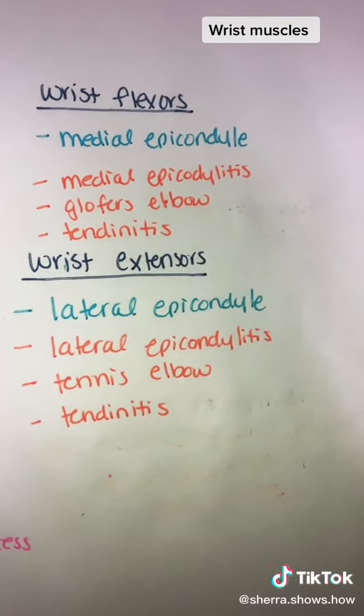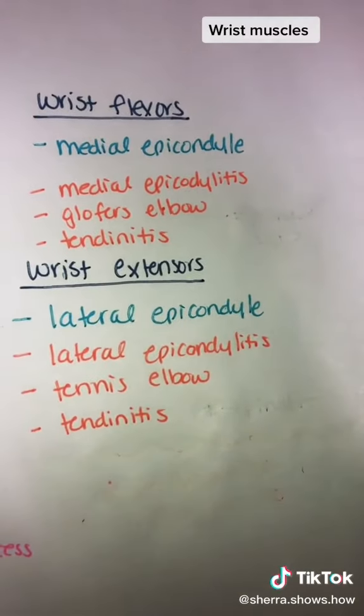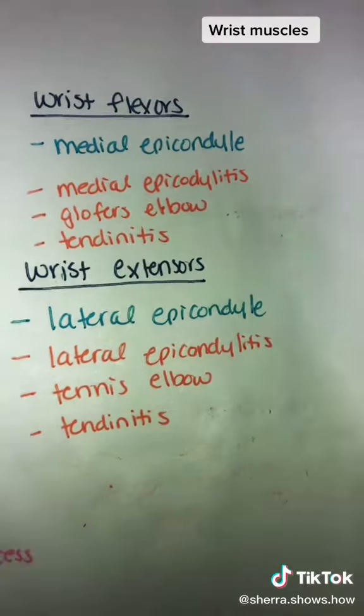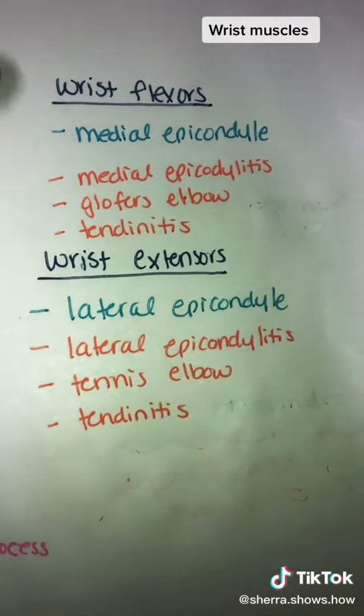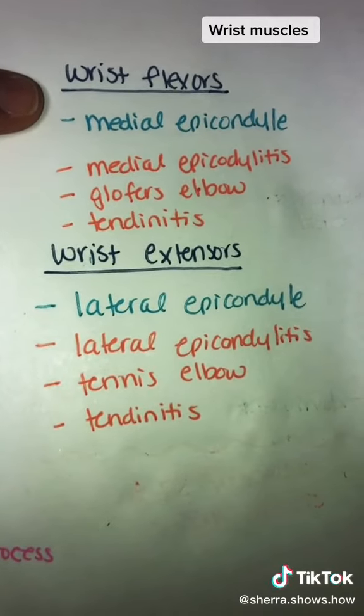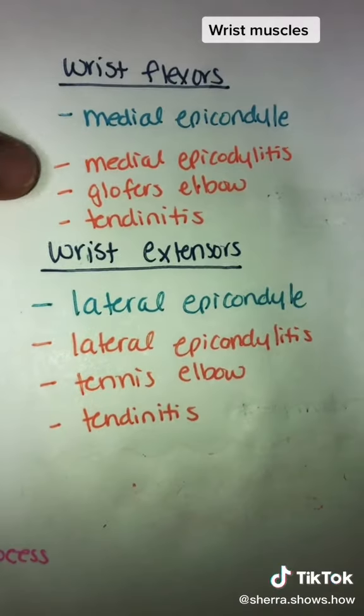Extensor carpi ulnaris, extensor carpi radialis, flexor digitorum, all that stuff. You should know that, but that's not really going to come up on the test. They are going to be grouped. So they're going to talk about the wrist flexors, and what you need to know is the pathologies that go